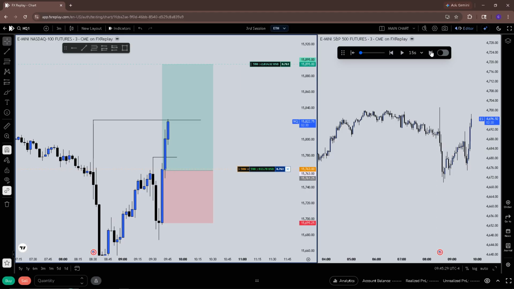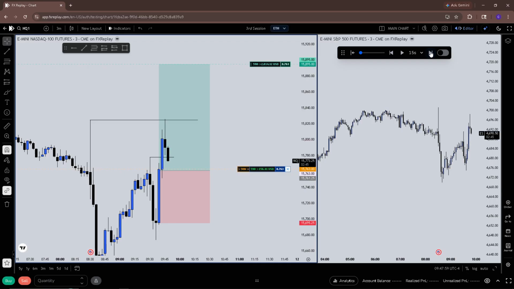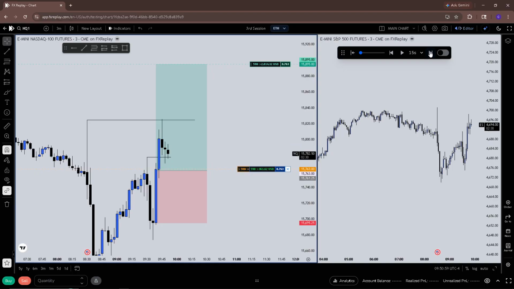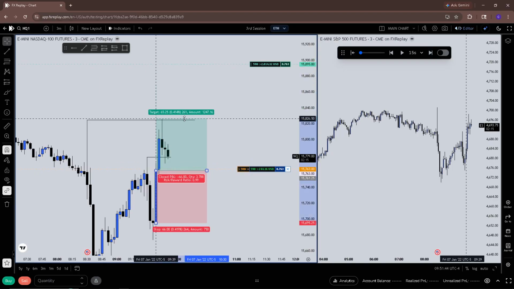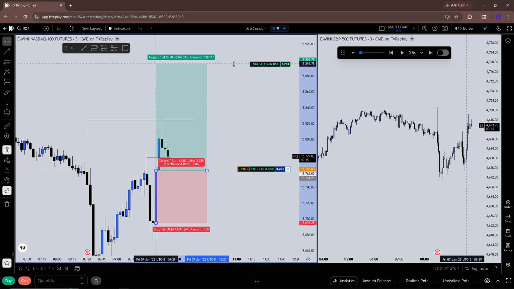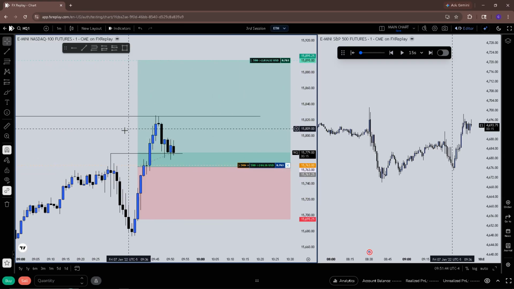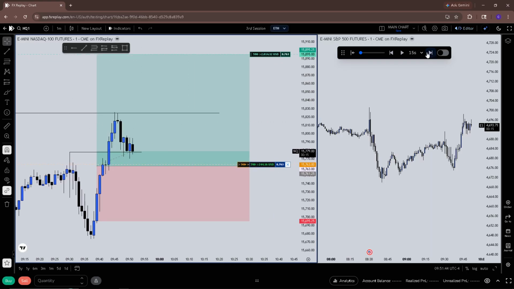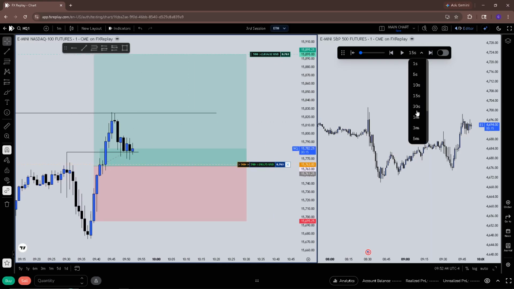Bam, go break even. Probably should have scaled. Yeah, I'm looking an idiot. This would have been 1-to-1 too. 1-to-1 would have gotten edged. I should have scaled at that position. I'm low-key an idiot. To be honest, bro.